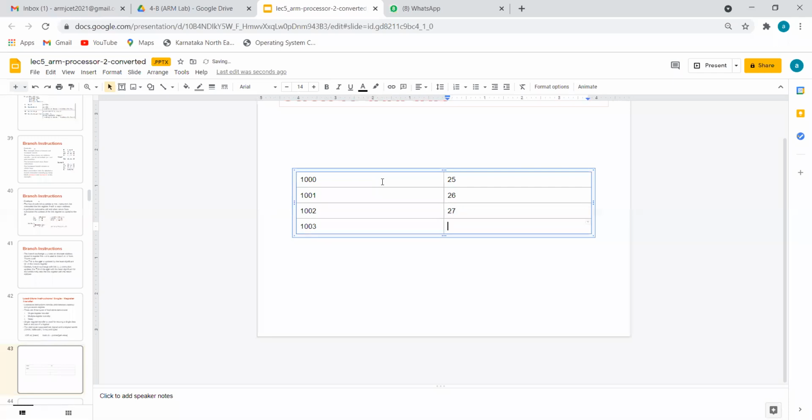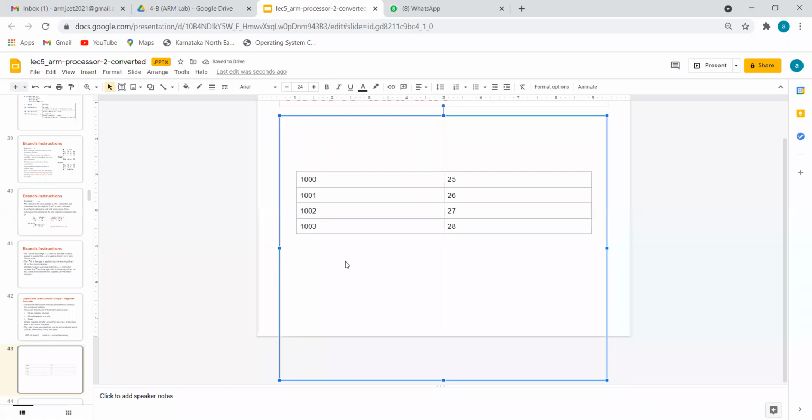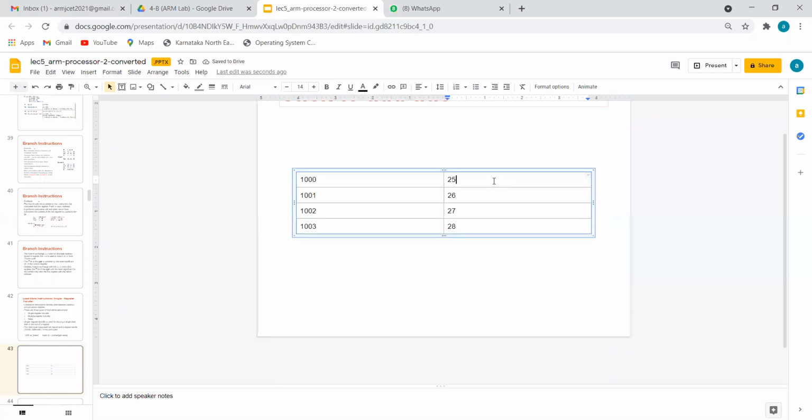Location number 1003, in that value 28 is stored. Here are some important explanations about each. Now I will call this value 1, this value 2, here value 3, and finally value 4.